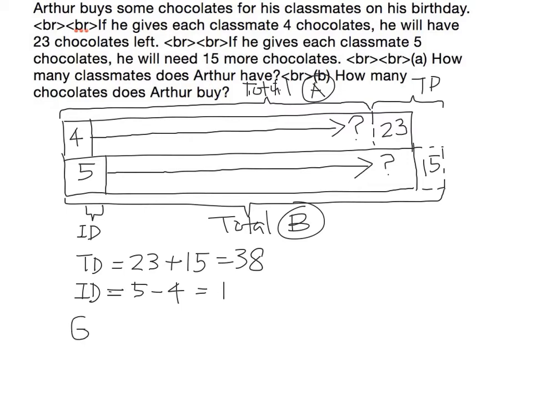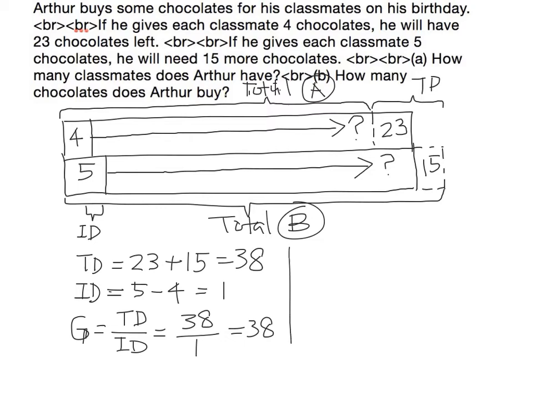So we have a formula to work out the number of groups. The number of groups G is equal to TD divided by ID. This formula always works when you do the total versus individual difference concept. So let's take 38 divided by 1, the ID, and the answer is 38 groups. In this question, the groups represent the number of classmates. So there are 38 classmates altogether, not counting Arthur, and that is the number of classmates that he has actually